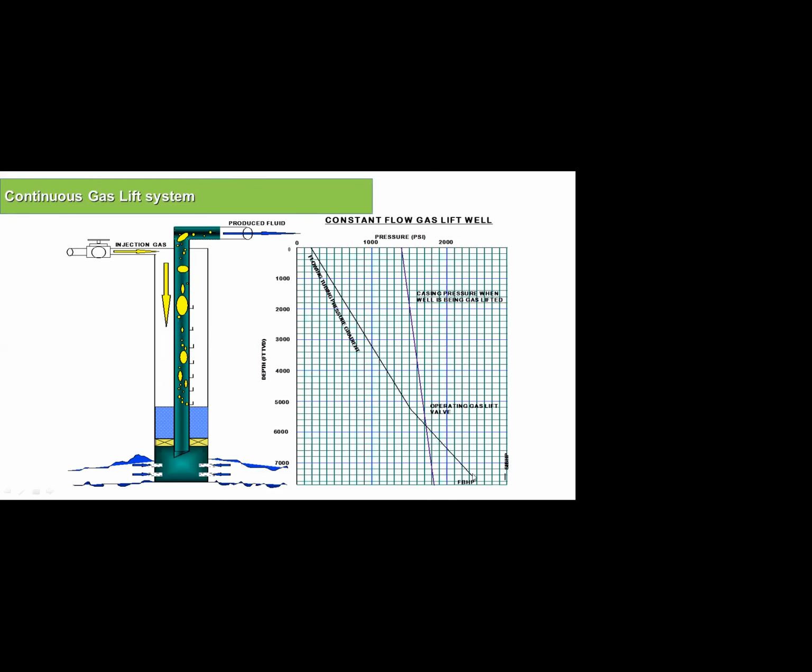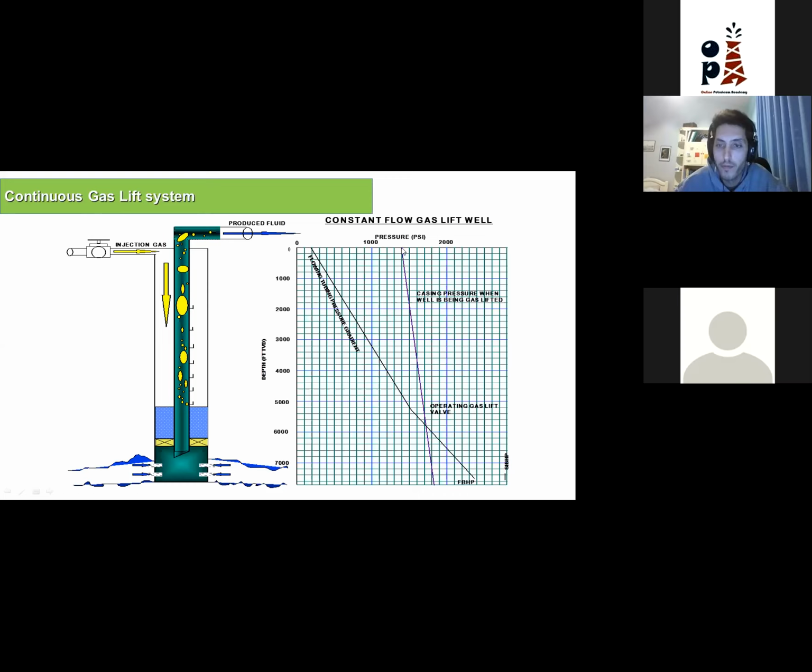I have the well producing with this rate till this injection point, and then it has another flow gradient till the tubing head. And this is my casing pressure. It is the pressure of the gas inside the casing here. The gas here is injected with high pressure, and it increases with a certain gradient. This gradient is very low. It's 0.03 psi per foot. It is the gradient of the gas itself until I reach the